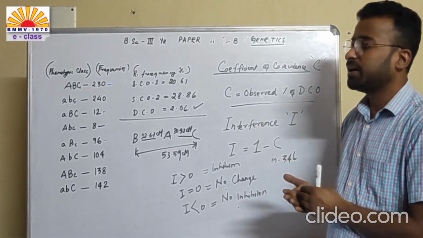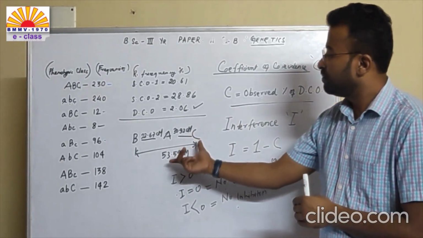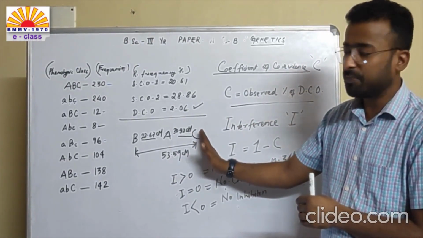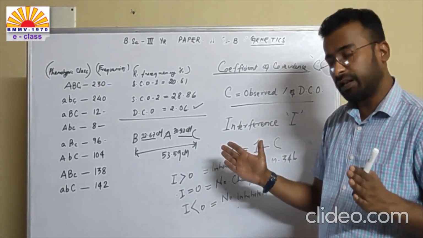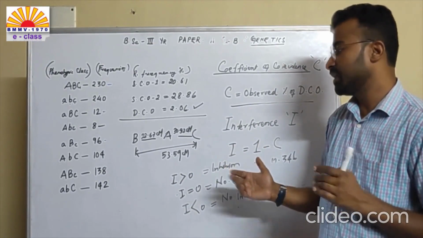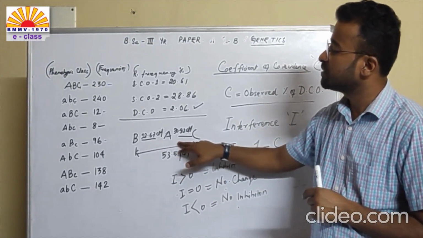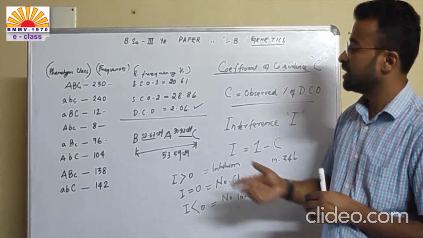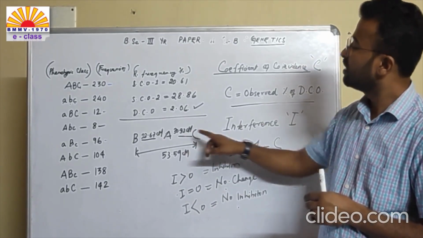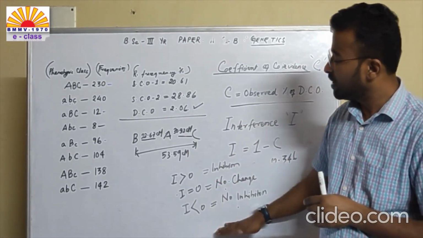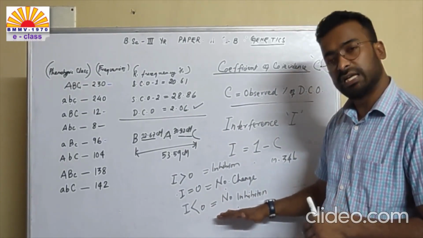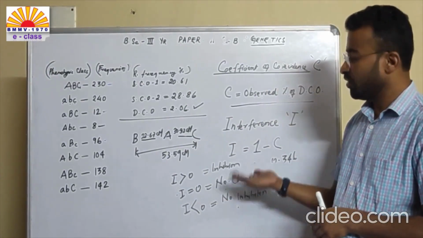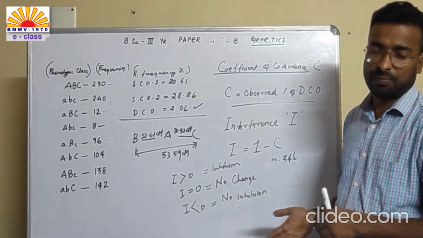We also can find out the linkage map, which is very important, that whenever a gene pair or a triplet is there, we can find out the distances between the genes. This is a probable distance between the genes represented in centimorgan. We can also find whether there is interference, a positive interference or a negative interference, in a given population.